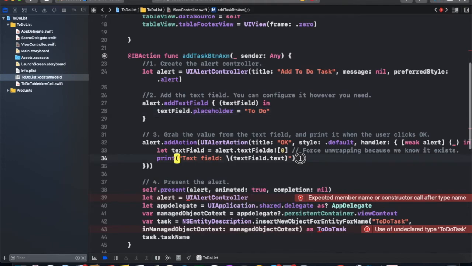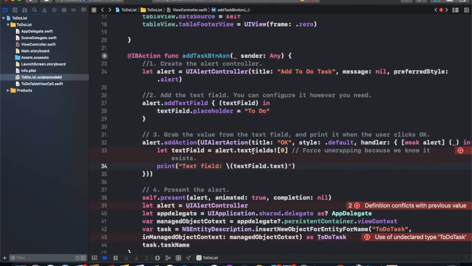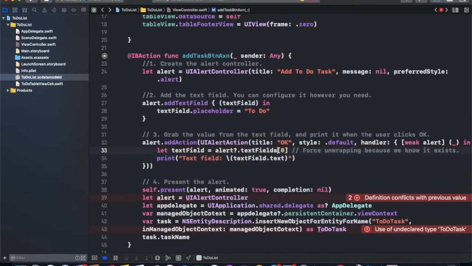On OK button action, we get the value from text field. So now remove this print and then that part.